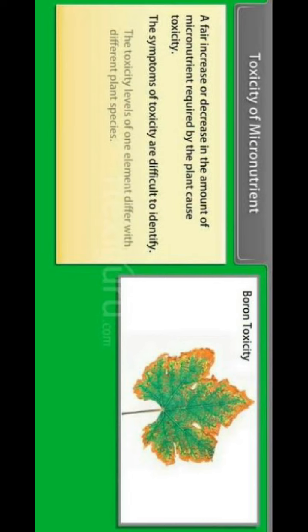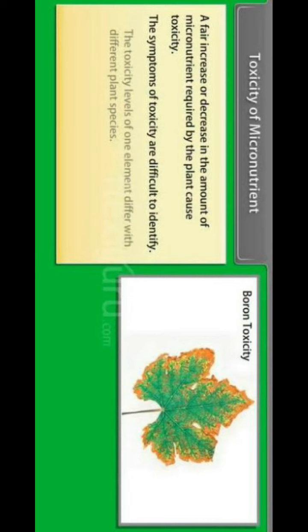So students, let us see in detail regarding toxicity of micronutrients. Please see the screen, everybody. Here it is mentioned, a fair increase or decrease in the amount of micronutrient required by the plant causes toxicity. So the symptoms of toxicity are difficult to identify. Have you seen toxicity, for example, in boron, how it looks? So let us learn in detail regarding this toxicity, how it is caused by